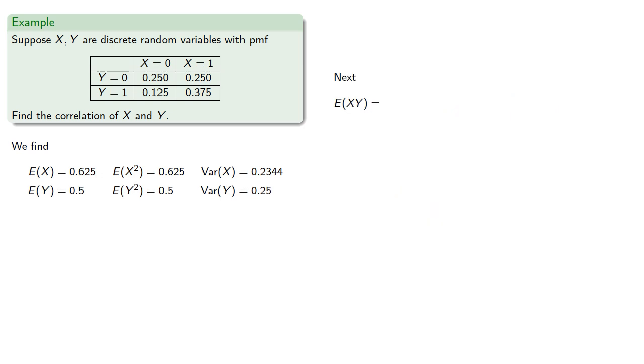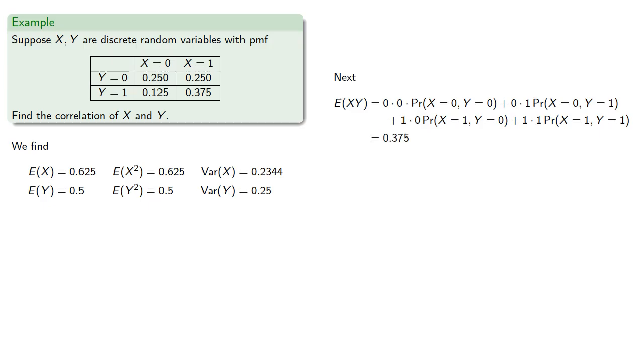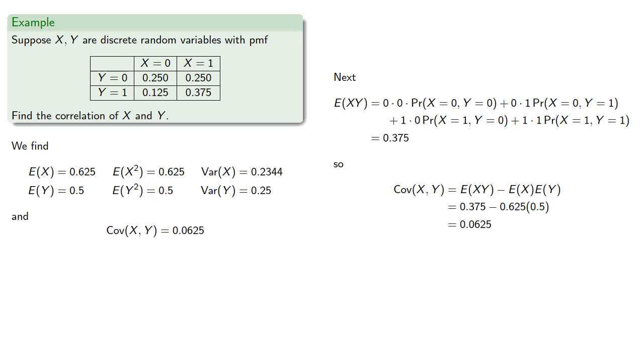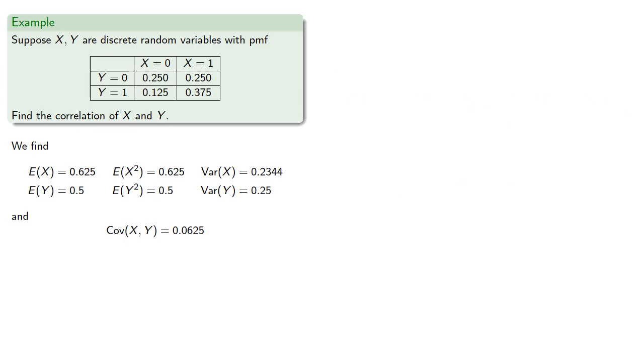And finally, we can also find the expected value of the product. And so our covariance will be, and now that we have all this, we can find the coefficient of correlation because we have the covariance and the two variances. And so that will be